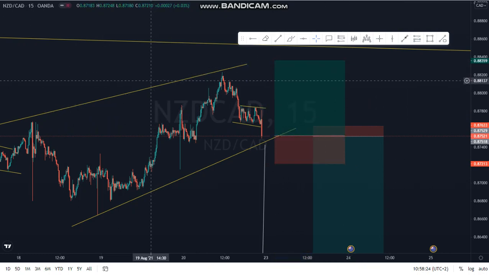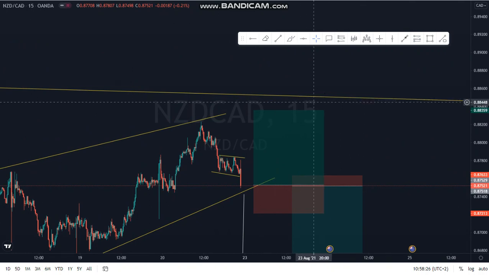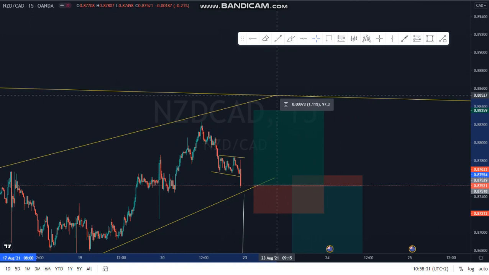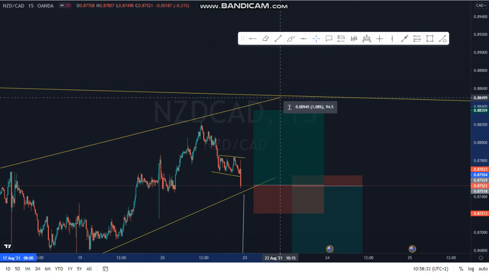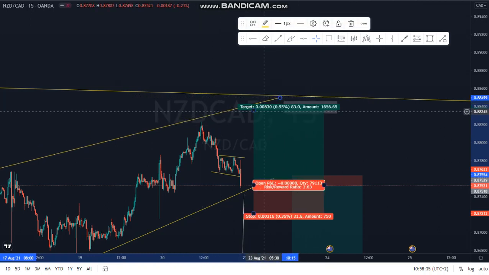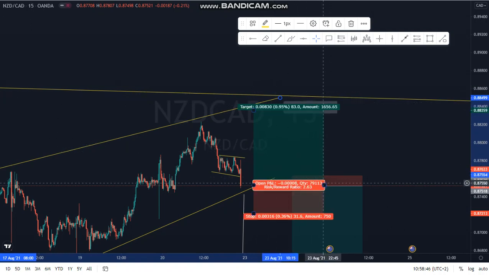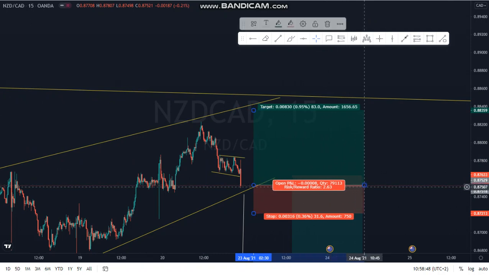The reason why I'm saying up until this area is because the market has been respecting this trend line here. The market never broke this trend line here. You understand? The market never broke this trend line here. So it is much anticipated that if the market fails to break that line, then the market is going to come to this point, guys. Okay. So now let me make this more clear